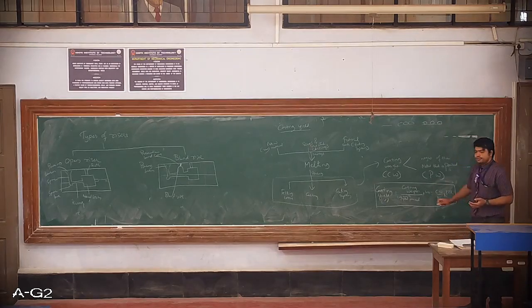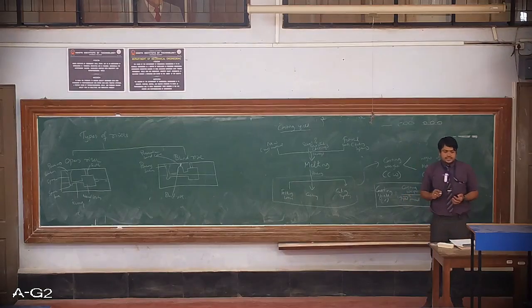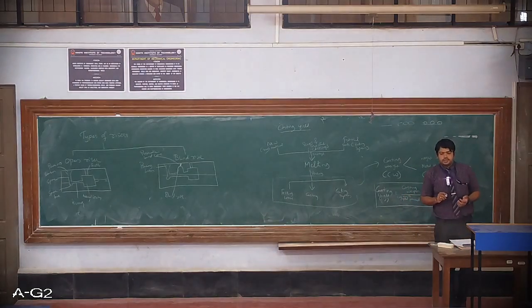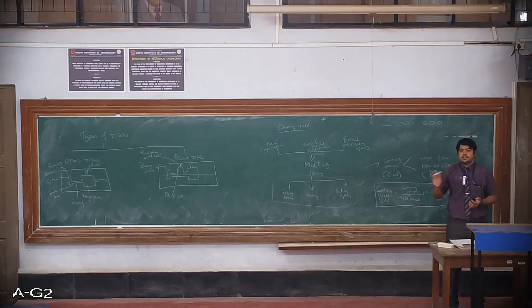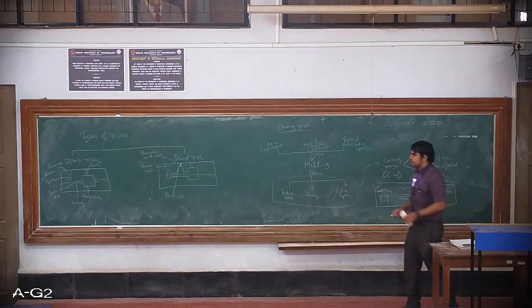So casting yield is found by using this. This is the first step that we generally do in case of foundry. There is something called a feasibility study that they perform, where they make sure what the casting yield is, and this is most important while determining the cost of the casting. Castings are generally costed as per their weight. Per kg weight, there will be a cost for the casting. So for that reason, casting yield is very important. We are going to solve one numerical on this.